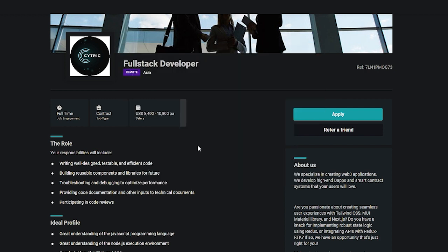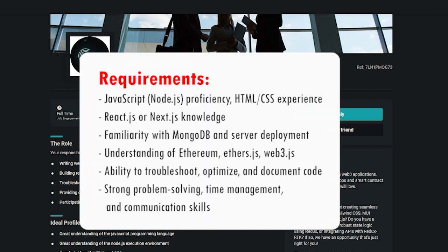To excel in this position, they have a few requirements. So they are a great understanding of the JavaScript programming language, strong familiarity with the Node.js execution environment, comfortable working with HTML and CSS, prior experience with React.js or Next.js, experience working with databases like MongoDB, knowledge of deploying servers, microservices or APIs to production, familiarity with AWS Lambdas, API gateways and serverless JS, experience or knowledge of Ethereum smart contracts, Ether.js or